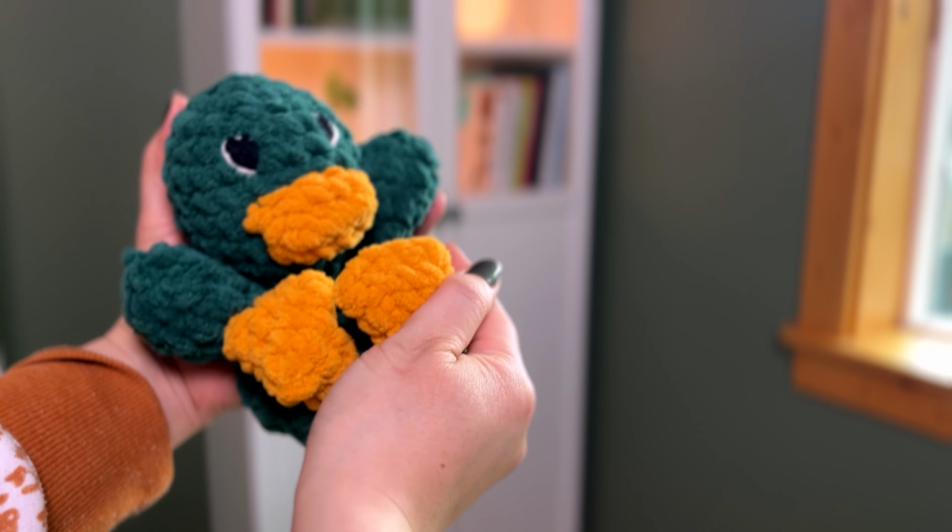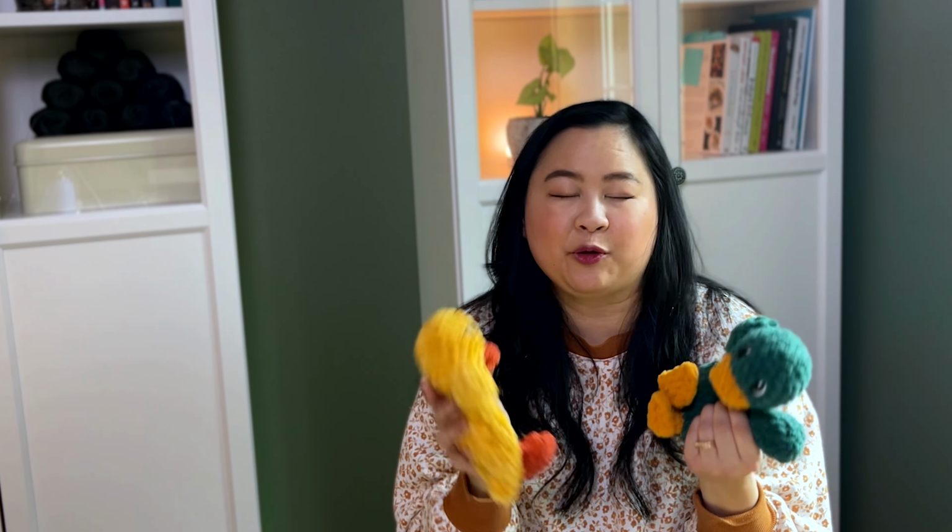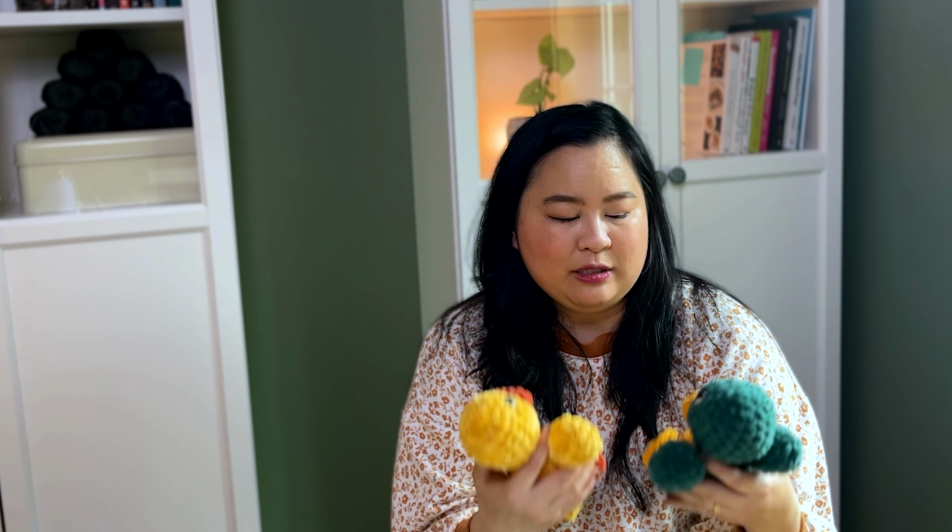I always hand embroider the eyes for anything that's lovey-like or snuggly-like, so they don't have the stuffing inside. They're flat like a snuggler, and they come with a headband in the pattern, but the headband for some reason was taking almost, I feel like, as long as doing the entire plushie. So just to make it a better price at my markets, I decided not to add the headband. Maybe in the future I'll look into trying again, but it just didn't bring me as much joy as making the actual plushie. So yeah, I'm gonna try these guys for $25,